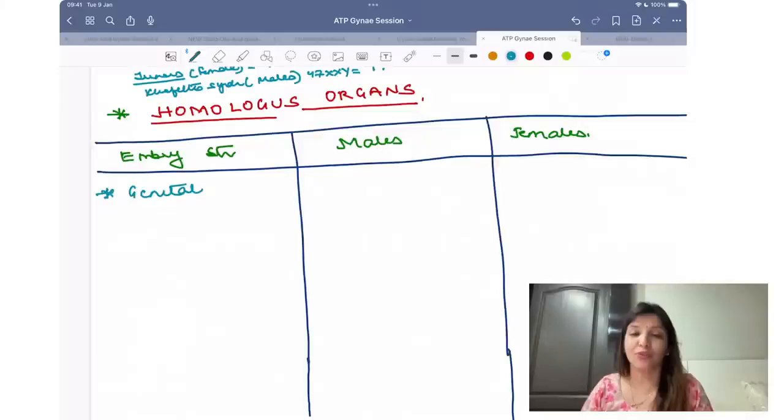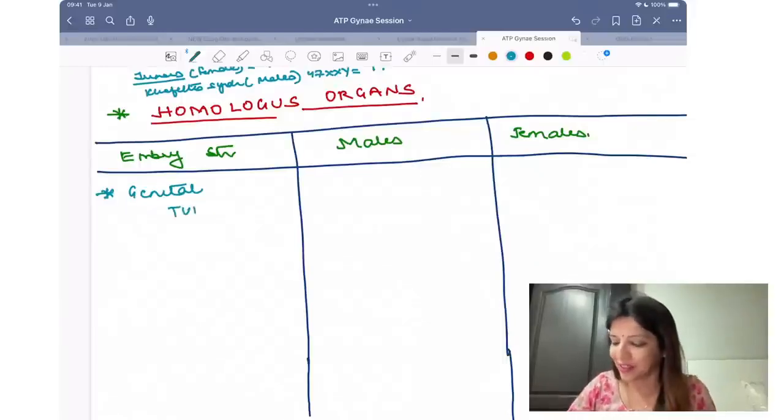Penis and clitoris develop from? Tell me quickly, it has slipped my mind. I am not getting that term in my mind. Penis and clitoris, they develop from? You will have to help me. I have just forgotten that term. It slipped out of my mind. Tubercle. Yes, thank you so much. Tubercle.